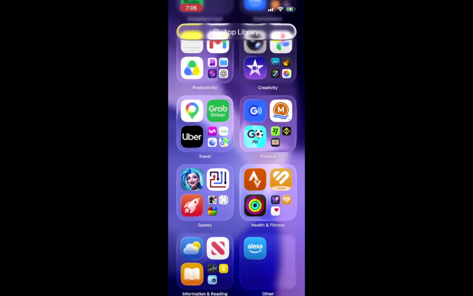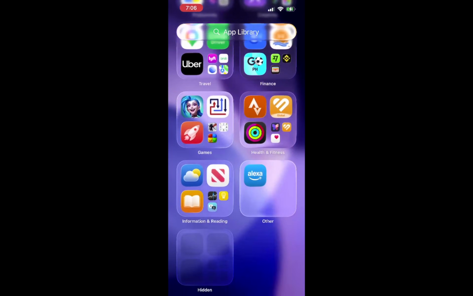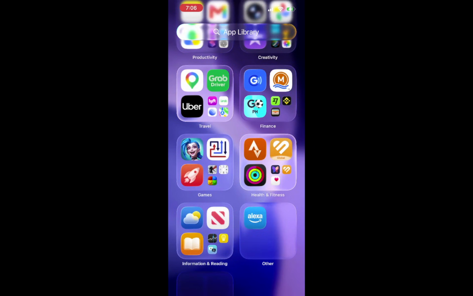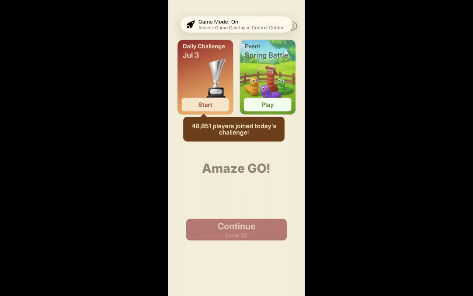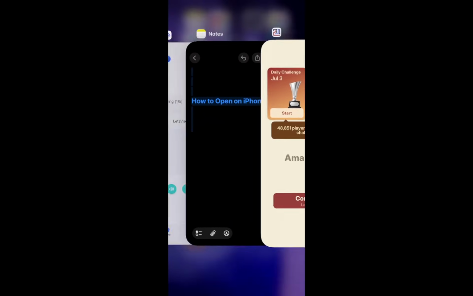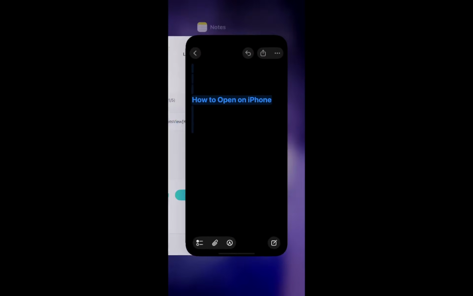Once you locate the app you want, simply tap its icon to open it. This action will launch the app, and you will be taken directly into its interface. It is satisfying to see the app open up, ready for you to use. Whether it's a game, social media, or productivity tool, tapping the icon is the final step in accessing your desired application. This direct action ensures you are ready to engage with the app immediately.